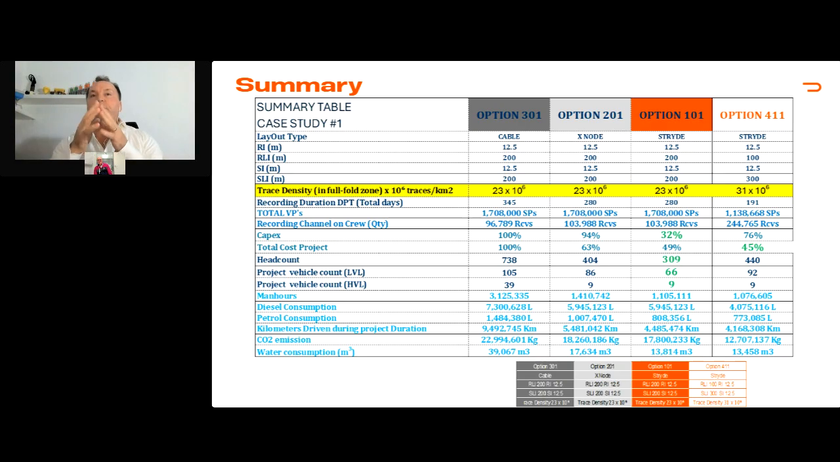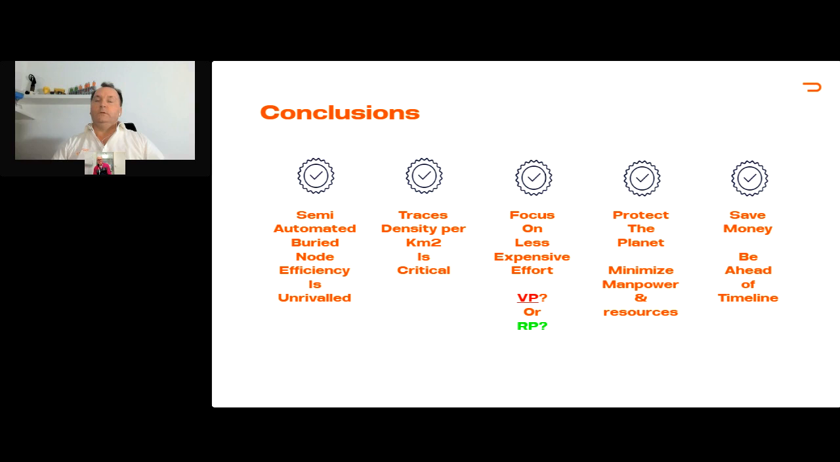Finally, a summary table that's more for the case studies that we will share with you after. We summarize the design, the trace density, and the cost evolution and the CSR value. So I will not extend on that, but you will have it afterward. Conclusion,